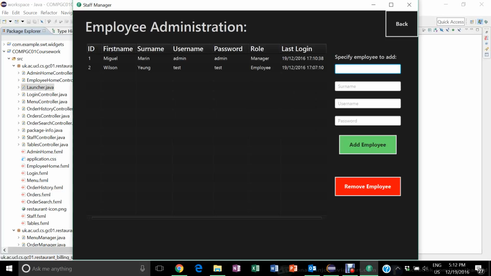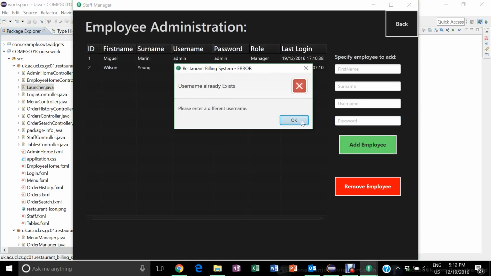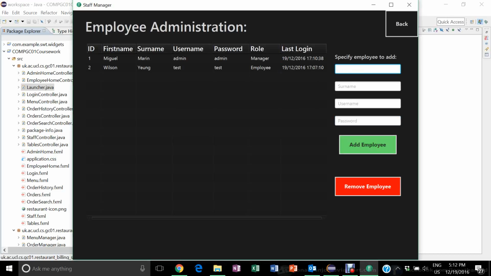Then here, if we add a random employee, but we try to give him a username that already exists in the database, this will also return an error, as usernames are specified to be unique. Then we can add, I guess, a couple of employees. One here, and then